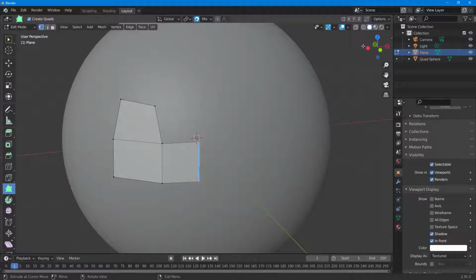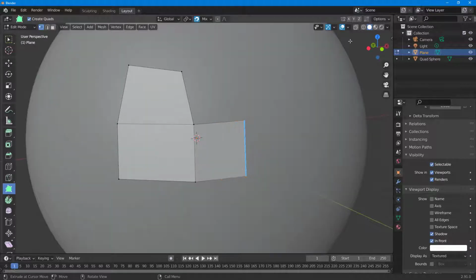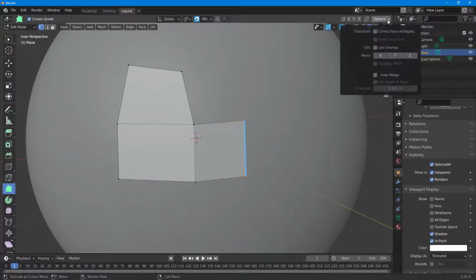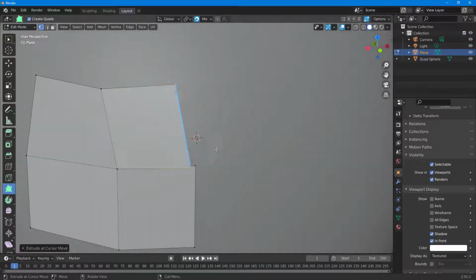automatically. So what I want to do is enable Automerge, and for tracing techniques like this, Automerge is really helpful. So I'm going to go over here onto Option, Automerge, and then I'm going to increase the threshold right here to 0.01 meters. Once I do that, I can go around, and once I leave it right here, the Automerge feature